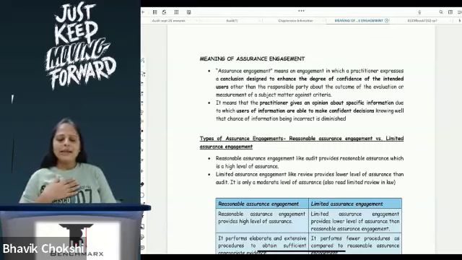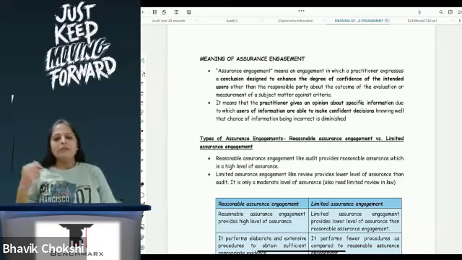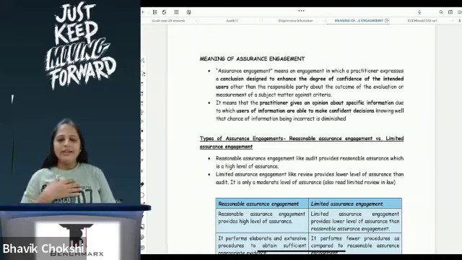So as a CA, my responsibility is what? It is to give a free, independent opinion, which is not a biased opinion. So if they are doing something wrong, I shouldn't be hiding it because they're giving me money. I have a membership number and I have to give them an opinion, because my bread and butter is based on the opinion that I'm giving. So if I give a wrong opinion or a wrong assurance, then in that case I'm responsible.